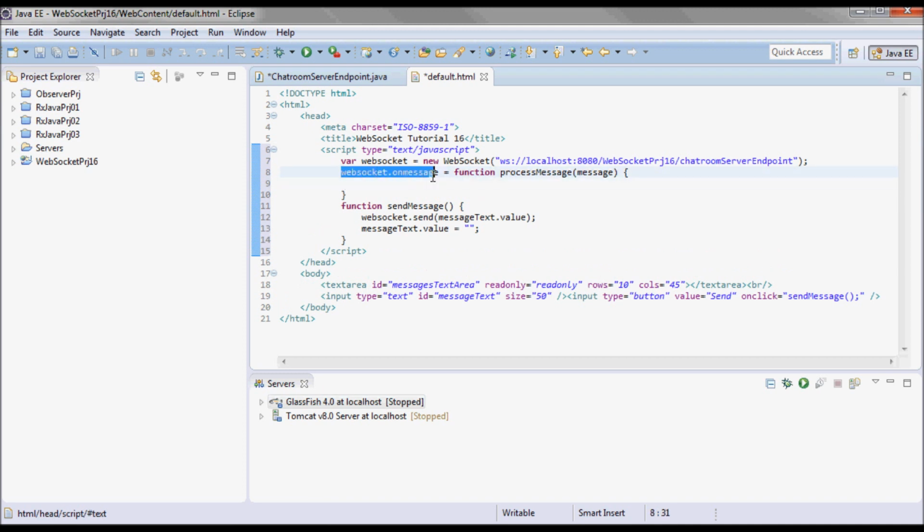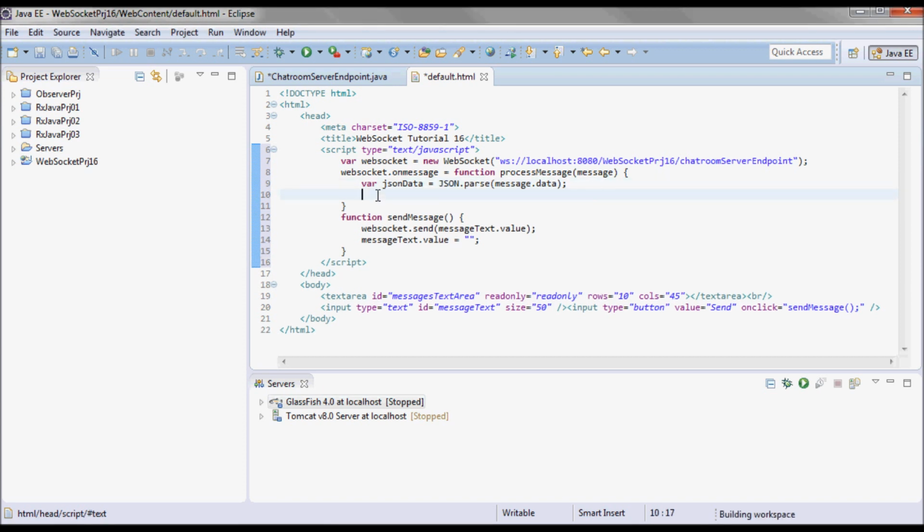So WebSocket.onMessage, this function is going to be triggered, process message. And the message coming in is going to be JSON. So I'll have this variable JSON data, and I'll parse the message.data. So JSON.parse.